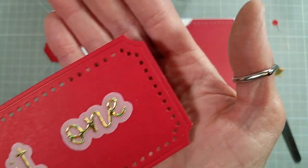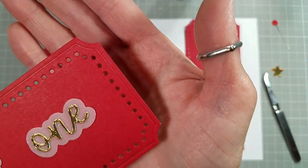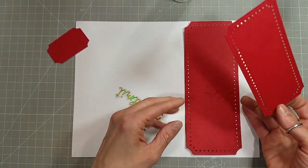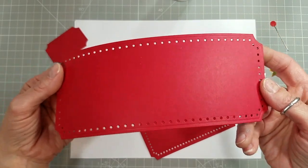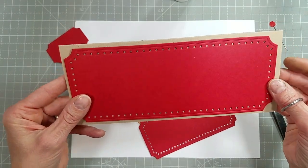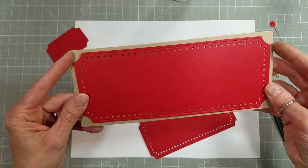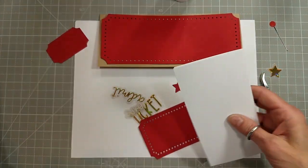And there are these beautiful circles all the way around that will show through whatever is behind them. So if you're doing a 2-tone look, that adds some nice detail. And if you want all 3 of the words to fit, they will all fit on the full-size slimline sized piece. Now this slimline card base is 3.5 by 8.5,